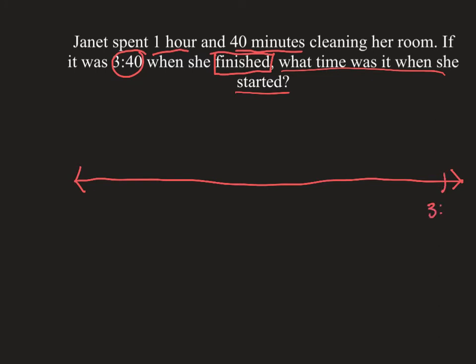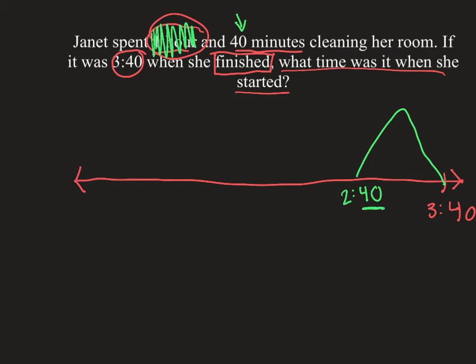And then 3:40. Now it says she spent 1 hour. So I'm going to hop back 1 hour. Whoop, which gives me 2:40. And now I can get rid of that hour. Then it says and 40 minutes. Well, look at that. I have 40 here. So I can just take that 40 away, which gives me